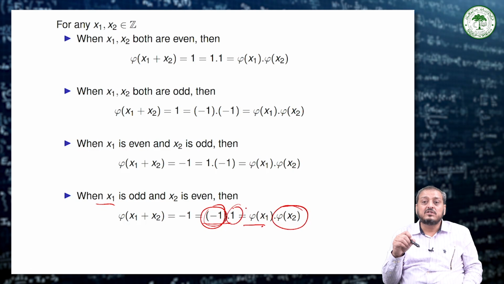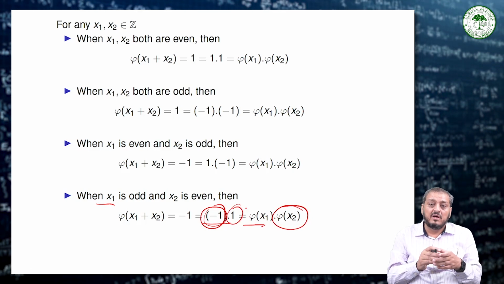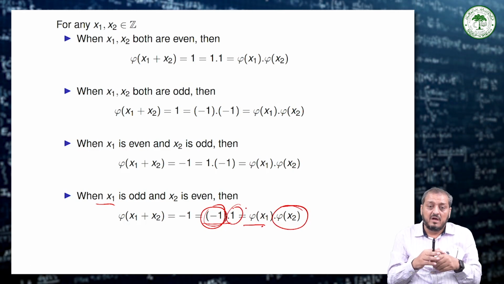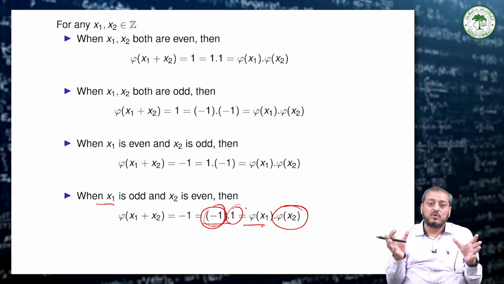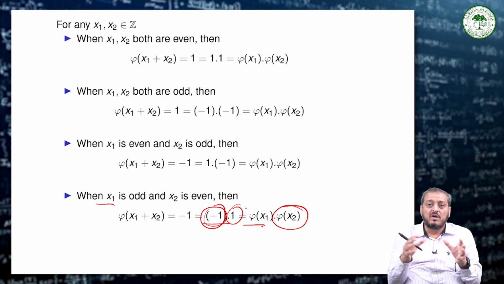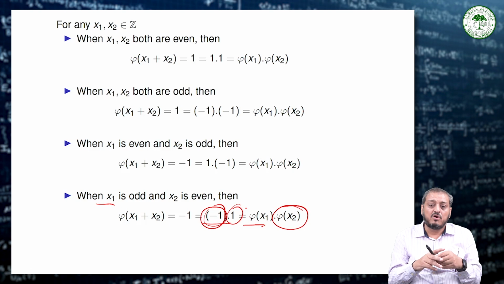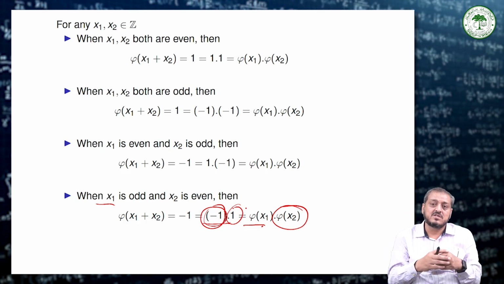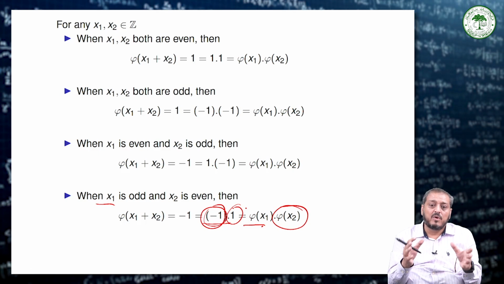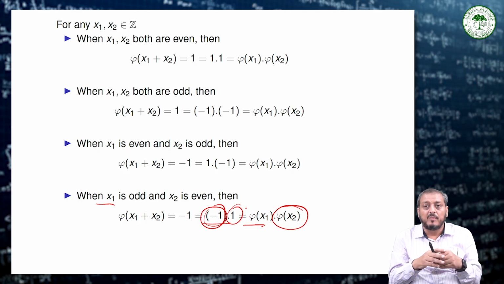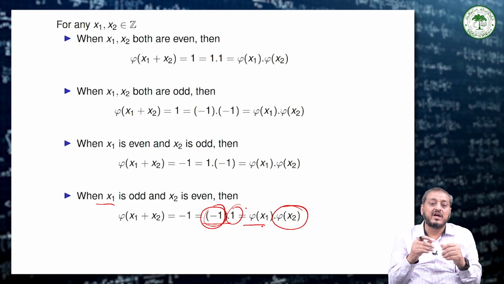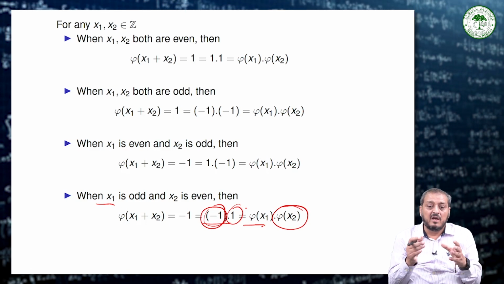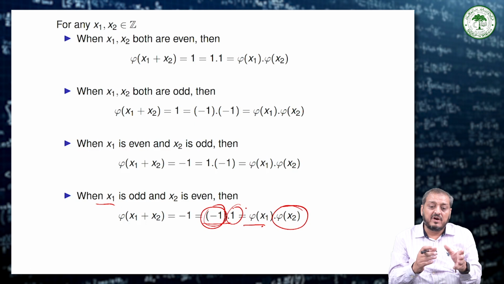So we discuss all the possible cases when x1 and x2 are both odd, both even, one of them odd and the other even, and then we have to show that in each case this satisfies all the properties of this homomorphism. So in general we can say that for all x1 and x2, phi of x1 plus x2